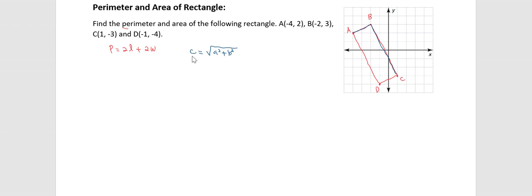But we also know that the Pythagorean theorem can be used as a shorthand notation of the distance formula. So for the length of line segment AB, which represents the width of the rectangle,